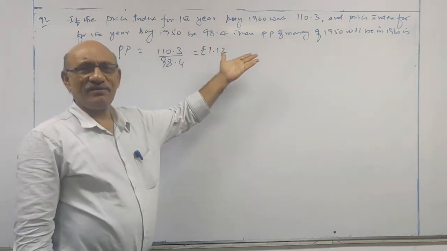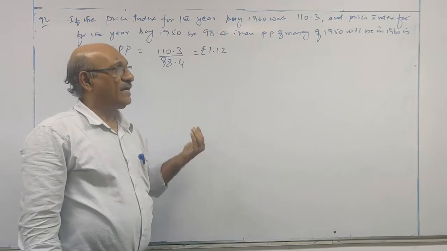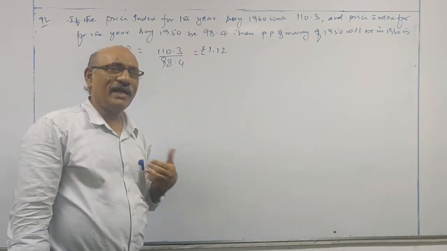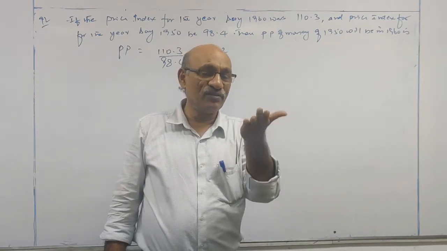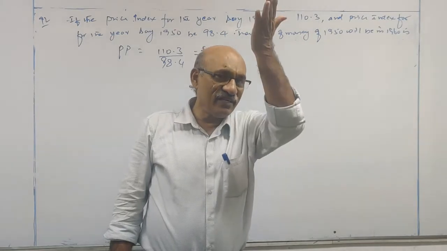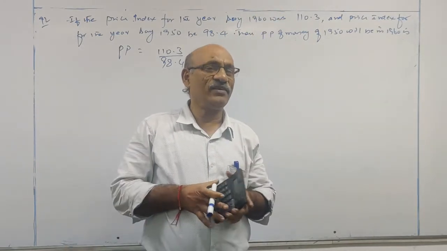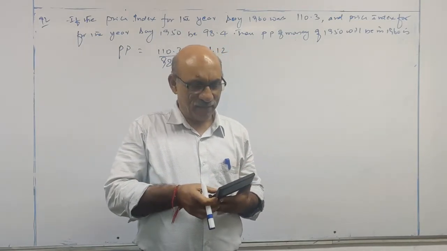But it is meaningless, sir. Anyway, it is given in the study material, so take it. 1960 should be the current year, 1950 should be the base year. Then I can calculate what the purchasing power is, meaning how many times the price of this commodity has increased in the current year with respect to the base year. With that only we can assess what will be our purchasing capacity. Okay.